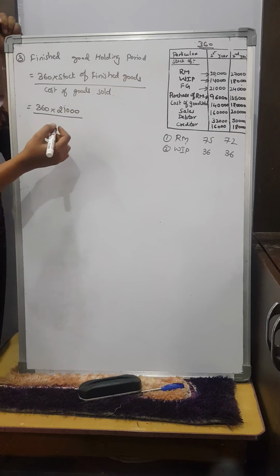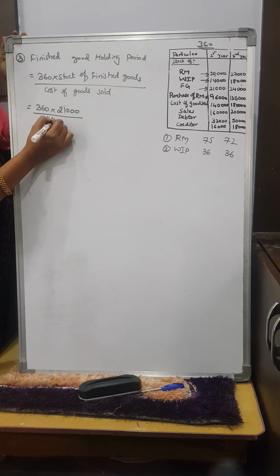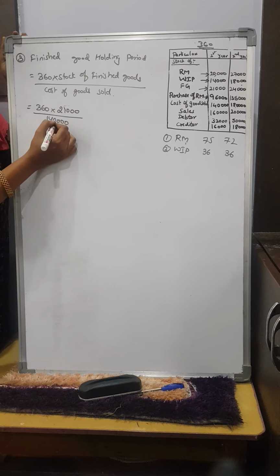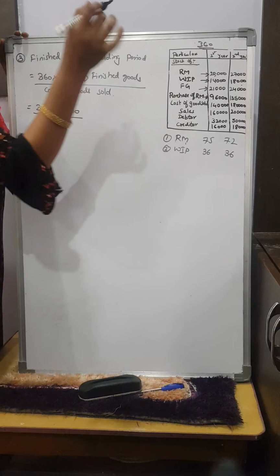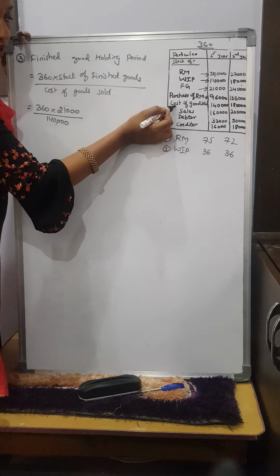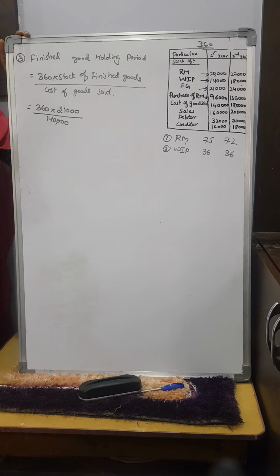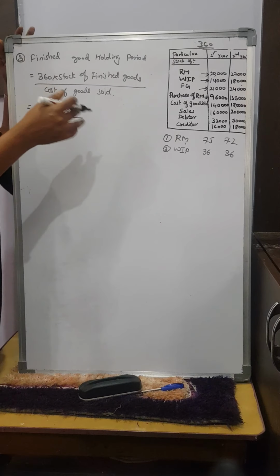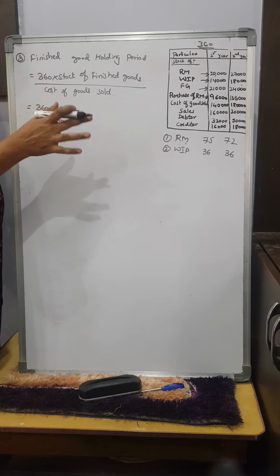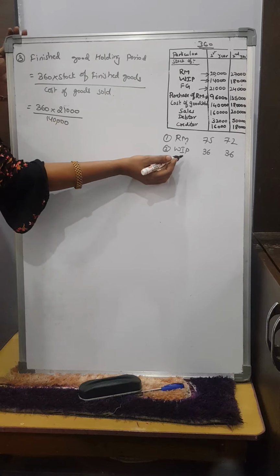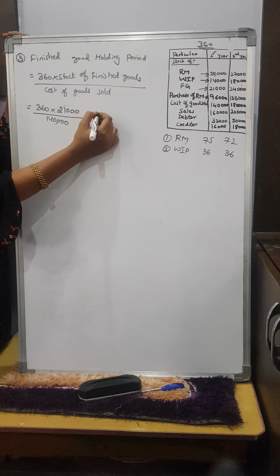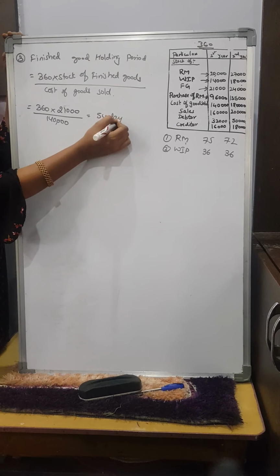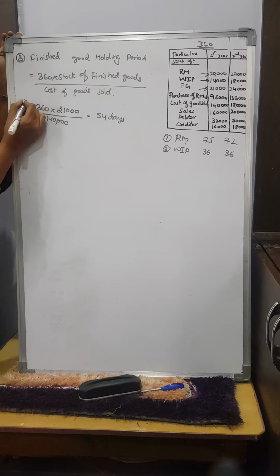What is the cost of goods sold given? Same, 1,40,000. If in the question they have made it very clear, like cost of goods manufactured, then we need to take that. But in this question, only cost of goods sold they have given. So we are taking cost of goods manufactured and cost of goods sold as the same, for the work in progress and finished goods. If you substitute this, you will be getting 54 days. This is for the first year.